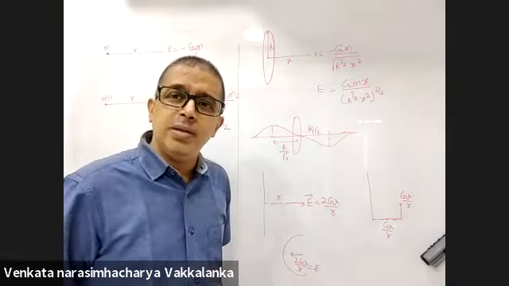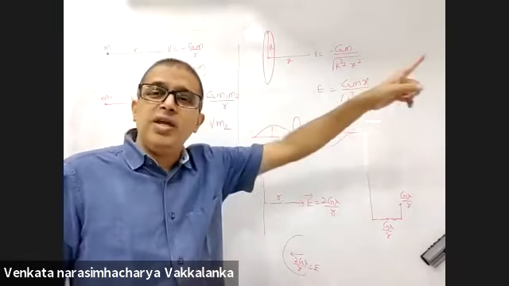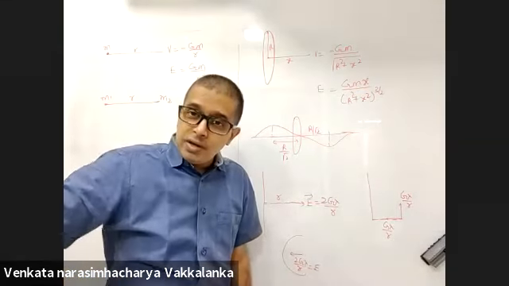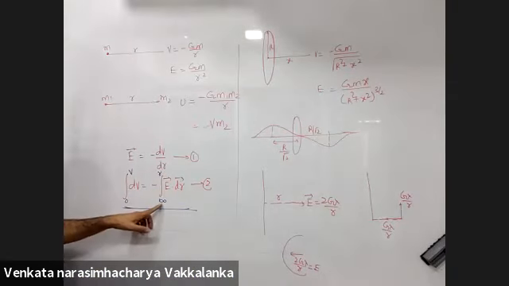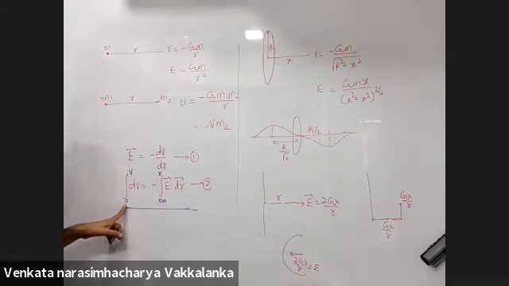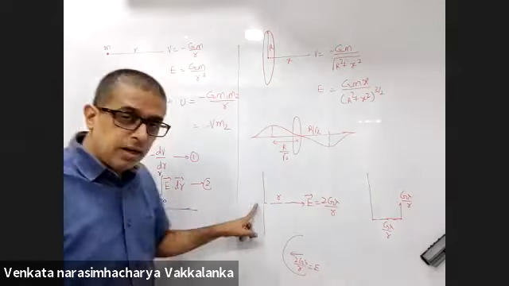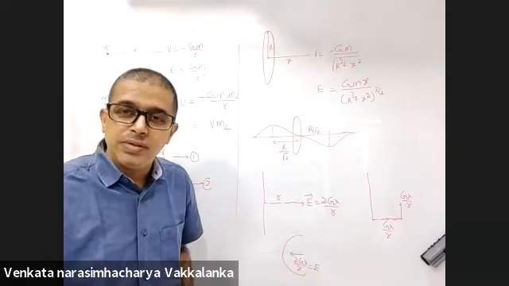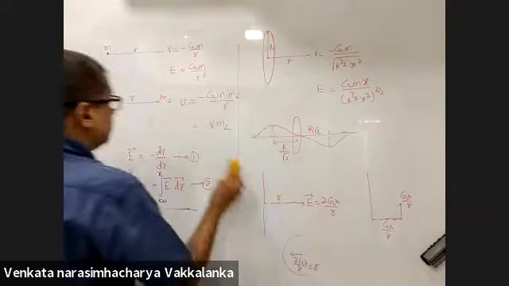Why didn't you define the potential? Because for an infinite long wire, you cannot define infinity. The wire is infinitely long. Wherever you go, the potential will not be 0. For an infinite long wire, you take infinity, potential will not be 0. Hence, you cannot define potential for an infinite long wire. You can define potential difference between 2 points. Have a look at this. All of you pay attention to this.